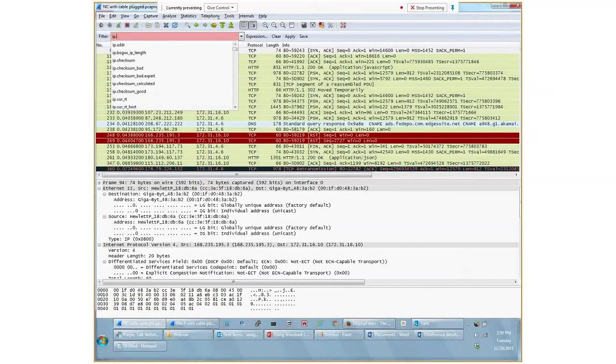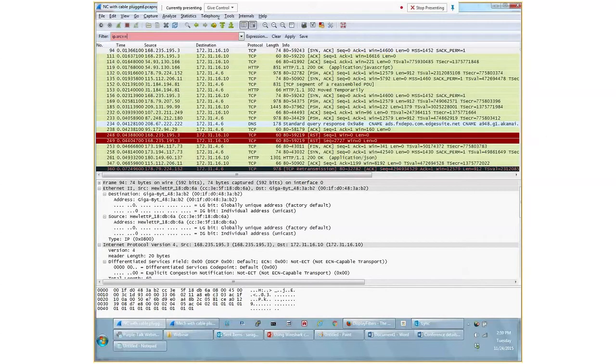Or we can do one thing: I am using the IP address for filtering the traffic. So ip.src equals the address.